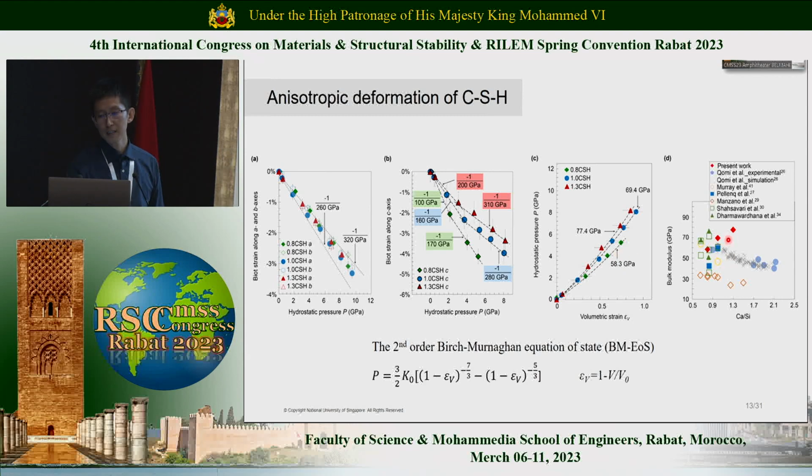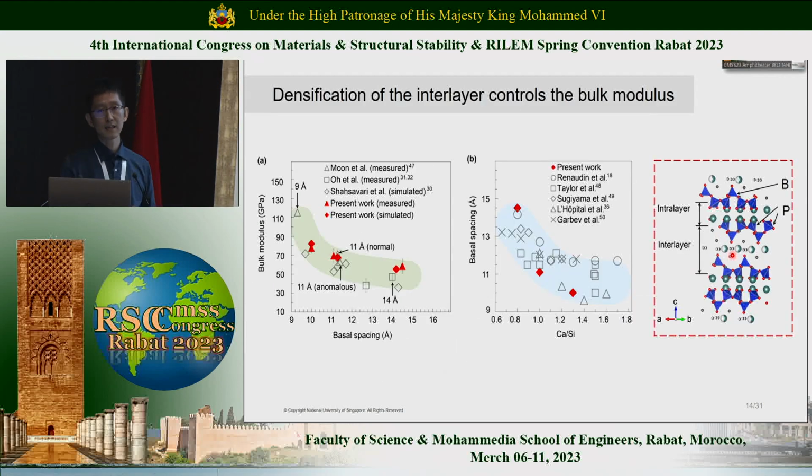If we plot our data, these red diamonds, together with the modeled work, we see that in general they match at the scale of the value, which is about 50 to 70 gigapascal. But as the calcium to silica ratio increased, we observed an increased stiffness of the CSH, while in many models, it shows a decreasing trend of the elastic modulus of the CSH. So we further conducted our own molecular dynamic simulation and compared with the results of other people,